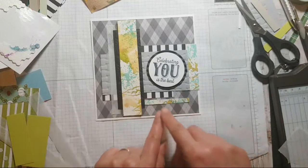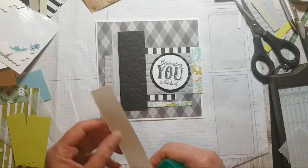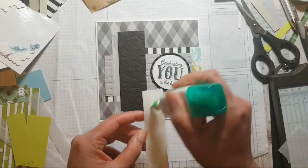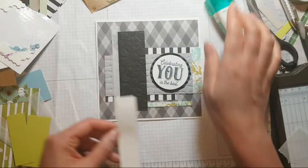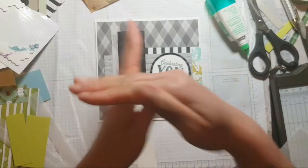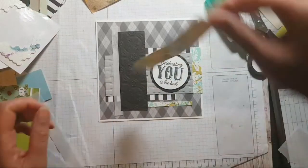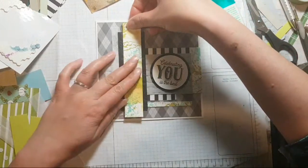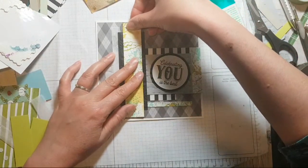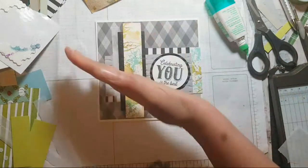Oh, that little slither can fit there as well. It looks a bit like a road map. It does. And I don't know if you've noticed, but I'm very much sticking to horizontals and verticals. That is it, apart from obviously the circle bit there. But that is a great way of playing with things that are busy. Just keep things simple, lines, horizontal, vertical. Don't stop playing with, you know,